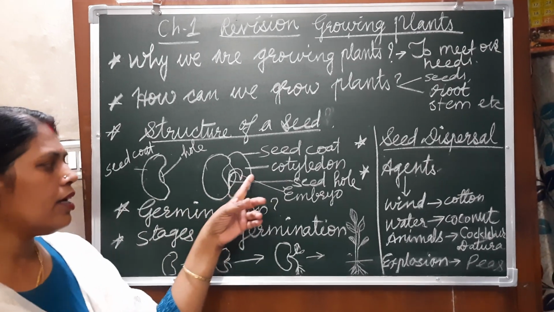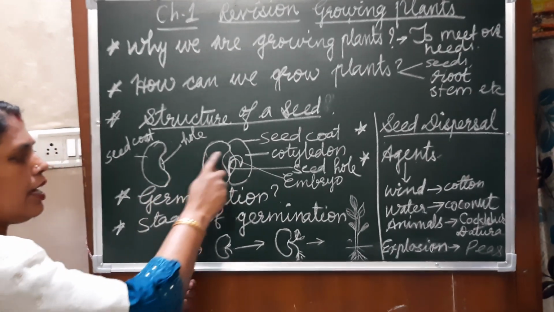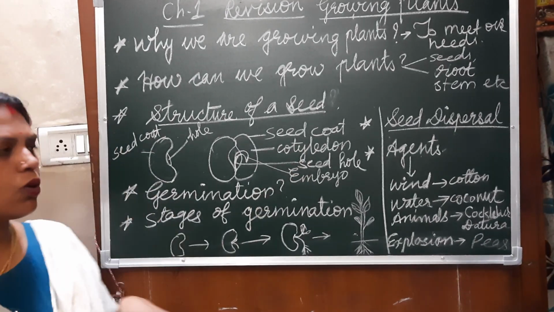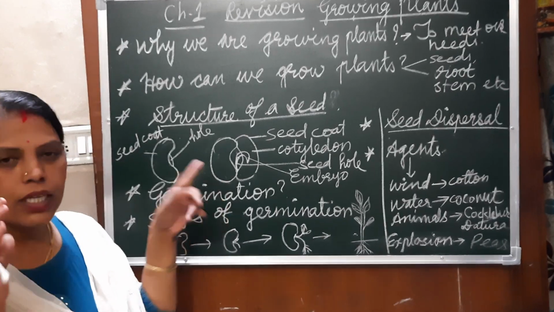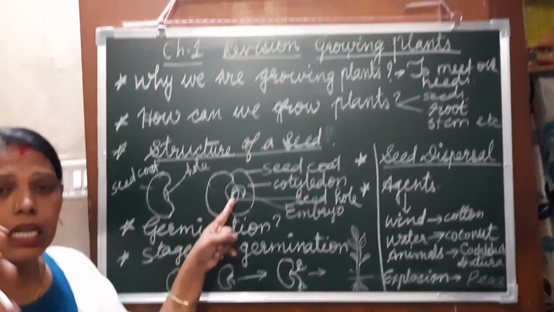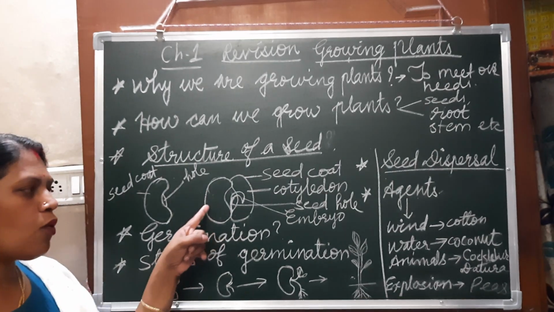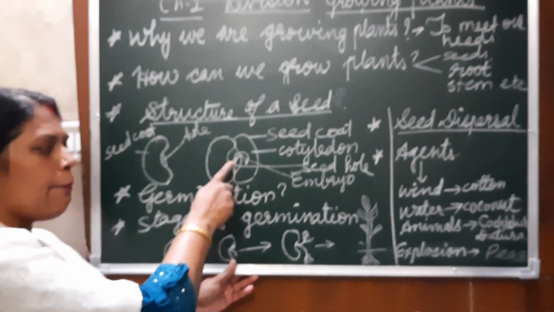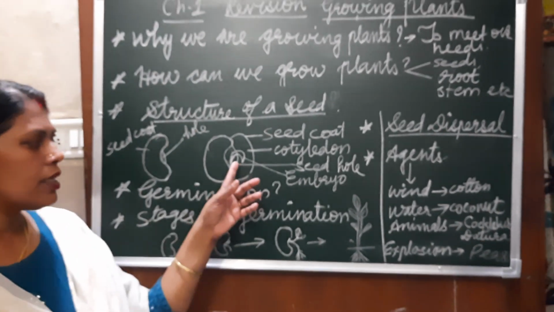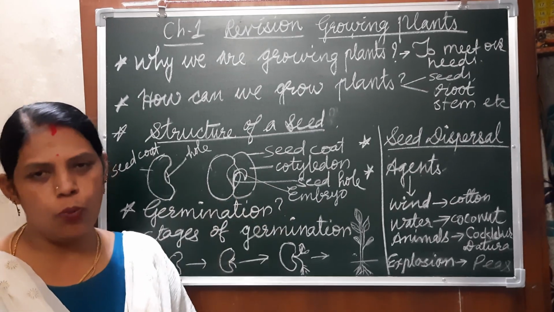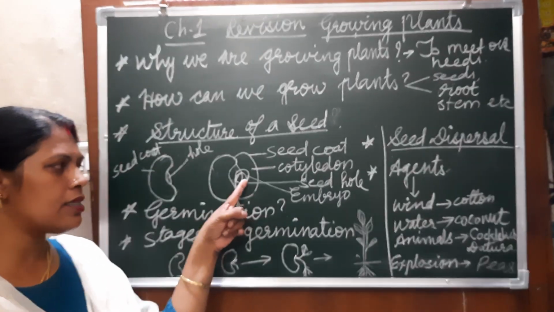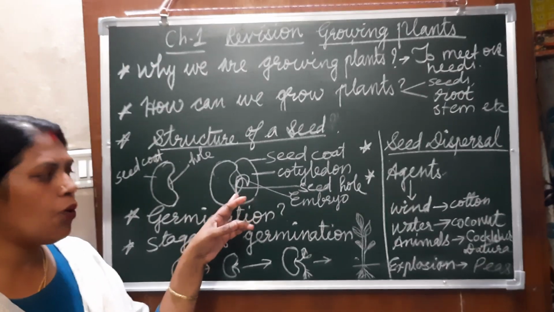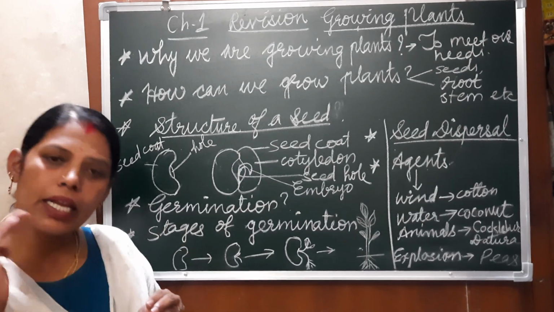Okay, and then here these two structures, this outside, these two structures, are known as the cotyledon. That means the seed leaves. Okay, what is its function? It stores food for the embryo till this embryo develops. Till then the cotyledon is providing the food to it. Okay, this is the embryo. When this embryo grows, it becomes a new plant. Okay, but this cotyledon provides the food, nutrients to the embryo till it starts to prepare its own food.